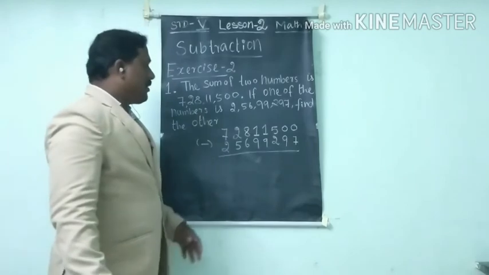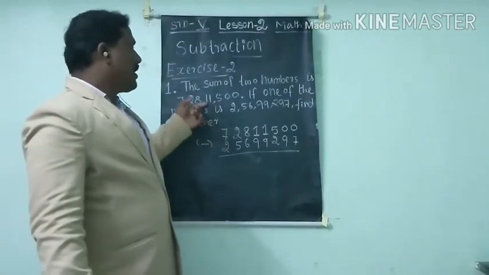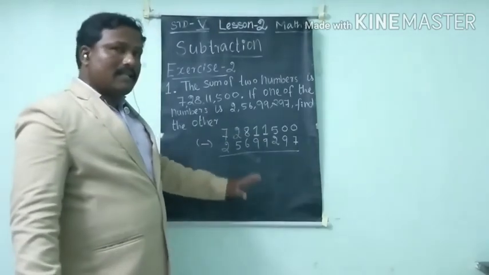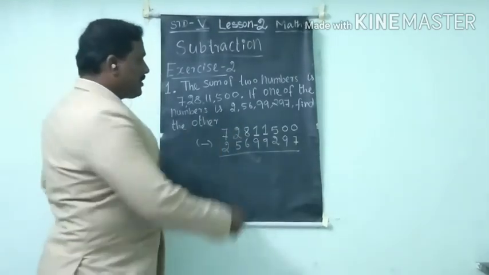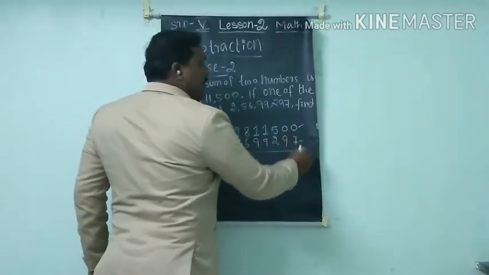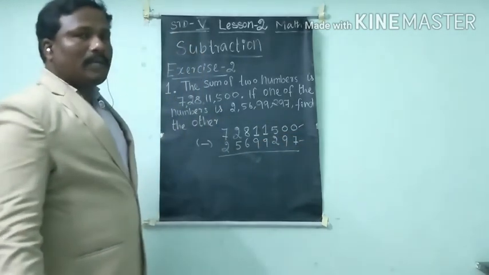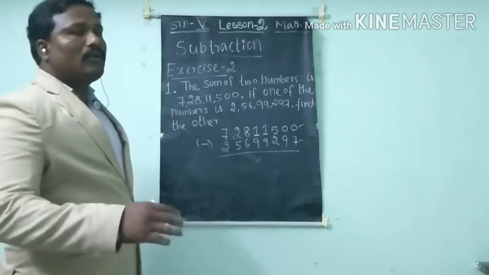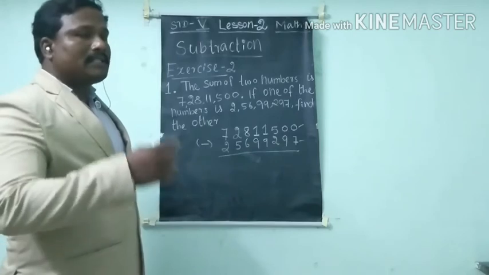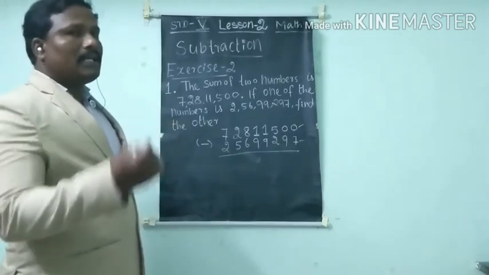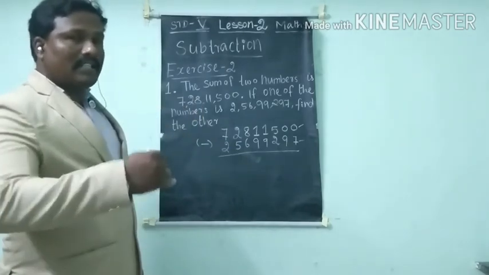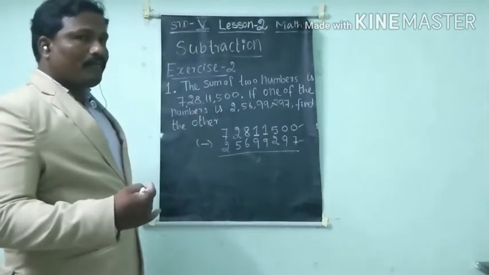Okay. See, now I am going to subtract the number from the total. Then we got one answer. That is the second number. So this is the one number. This is the total. So it's a minuend, this is subtrahend. Okay, whenever we subtract, we know that three words are important words. I already told you. Sorry, minuend is this upside number. Subtrahend is the downside number. The total is a difference.